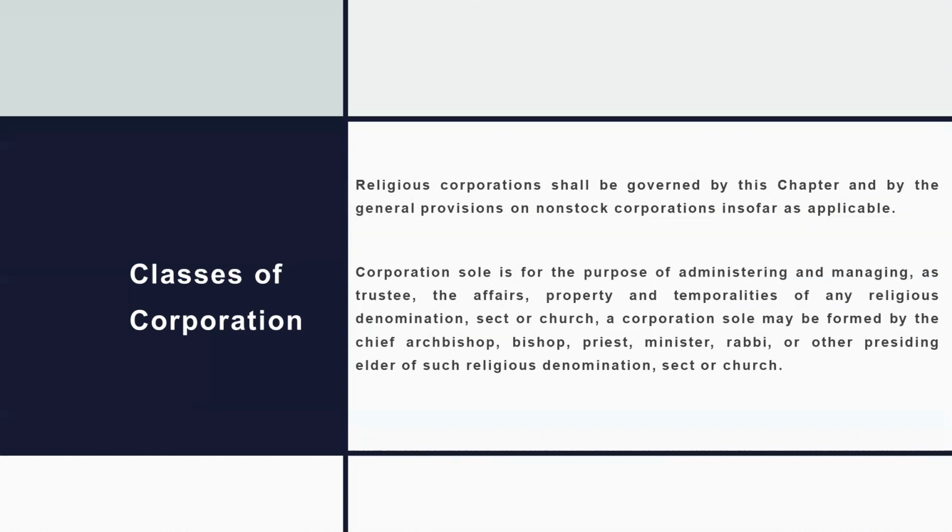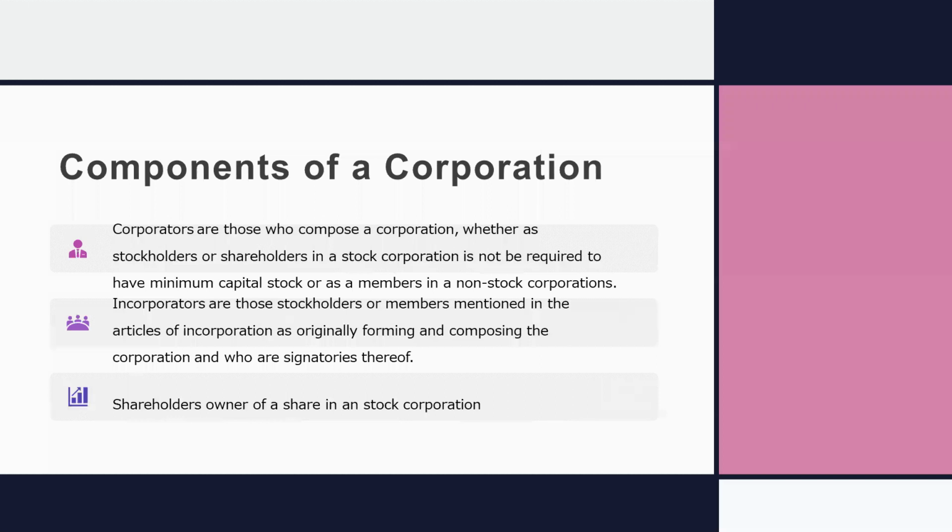This is for the purpose of administering or managing as trustee the affairs, property, and temporalities of any religious denomination, sect, or church. A corporation sole may be formed by the chief, archbishop, bishop, priest, minister, rabbi, or other presiding elder of such religious denomination, sect, or church. So that's corporation sole. Let's now proceed to the